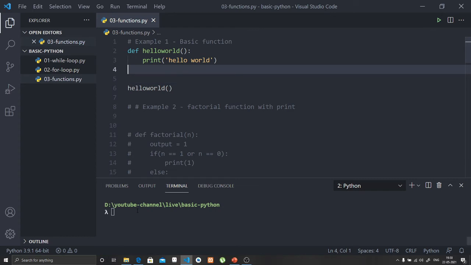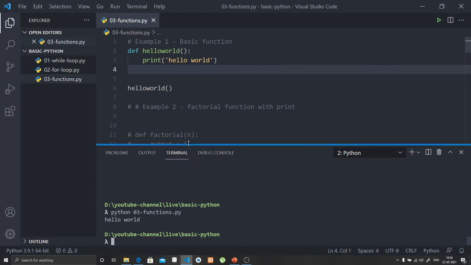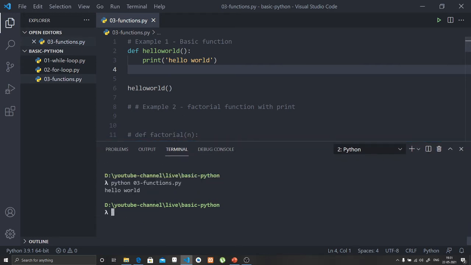If I now execute this code by typing python and then the name of the script, we will see hello world is printed. Let me pull this up a little bit. Okay, now you can see that hello world is printed. Line number 6 is calling the hello world function, which is printing this value.